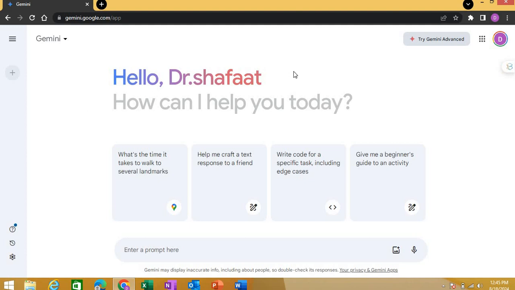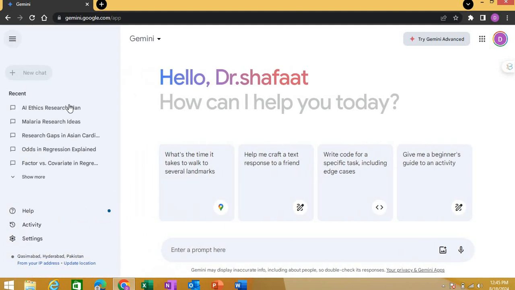So for the advanced or paid version, you can click here on try Gemini Advanced and you will go to the payment page. But for free, there is another option: here, click on upgrade and you go to the paid version. But for the free version, here is the option. You can create a new chat and here on the sidebar, it shows the history of your previous